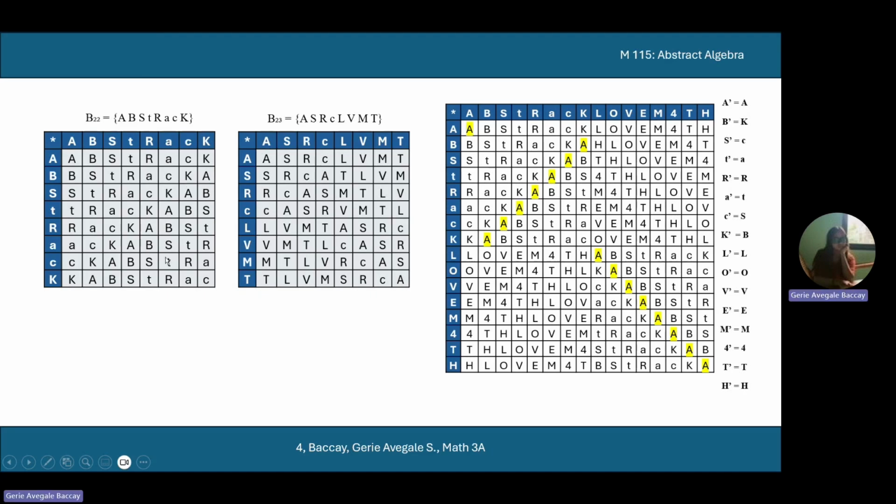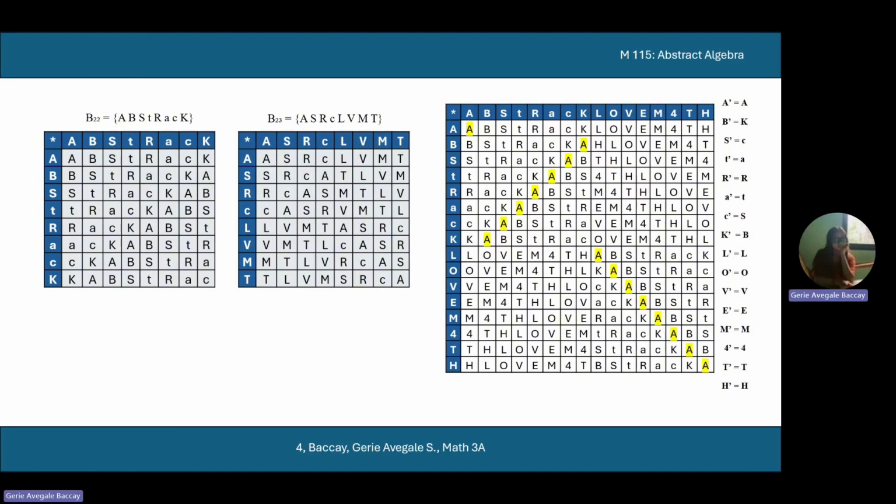So the resulting elements are within the subset. There is a row that matches the outer top row and a column that matches the outer left column. So the identity element A of G is in B sub 22. So it satisfies the second condition. And then